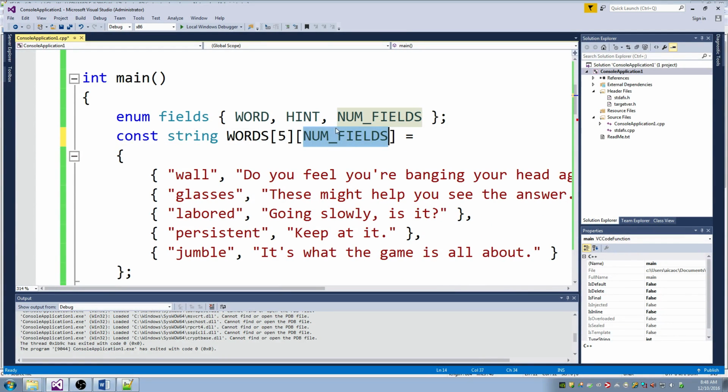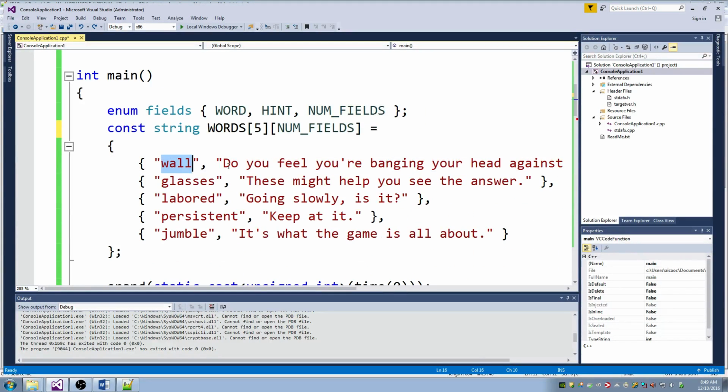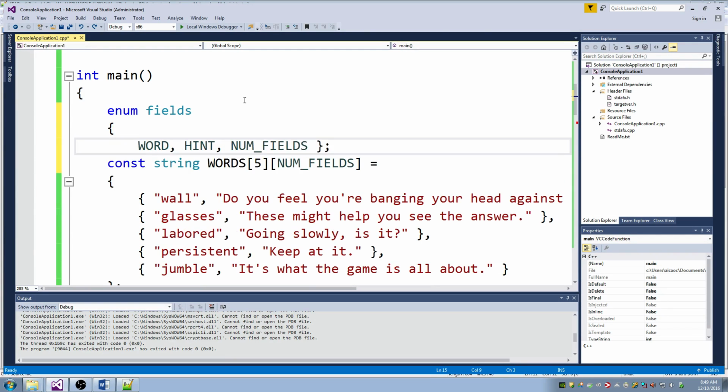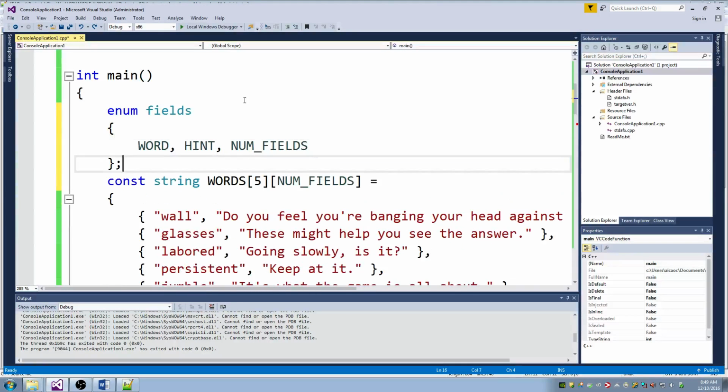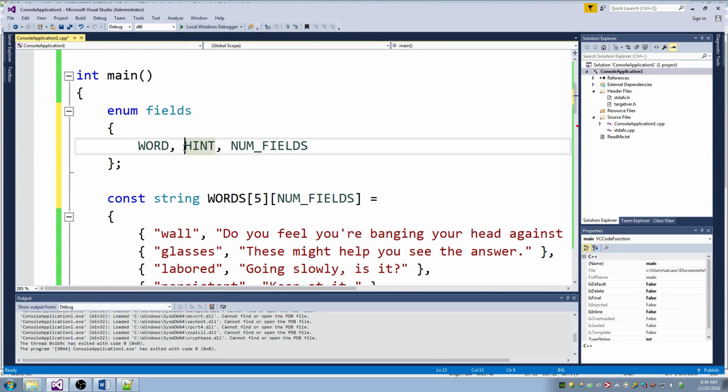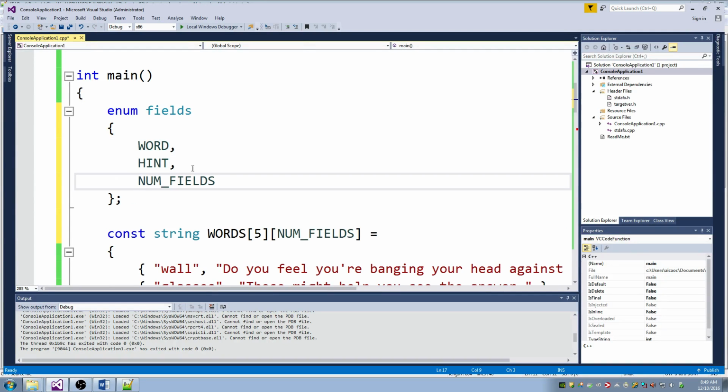Now, how do I know that this value is actually 2 here? Because I know that there's actually 2 columns, one for the word, one for the description. And I know that this is 2 because this defines the value of these words here. So let me explain a little bit about what enums are, because part of this was like, hey, there's some things in this program that aren't really clear,